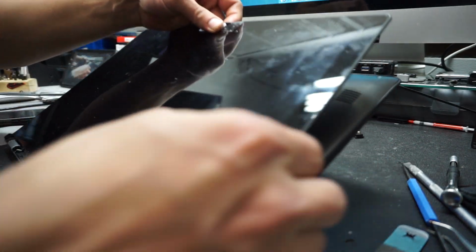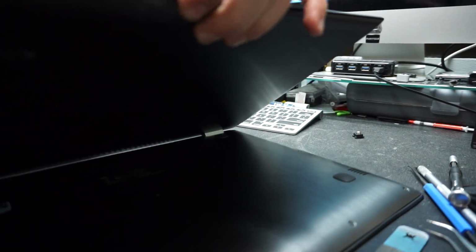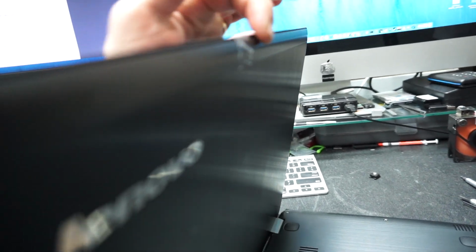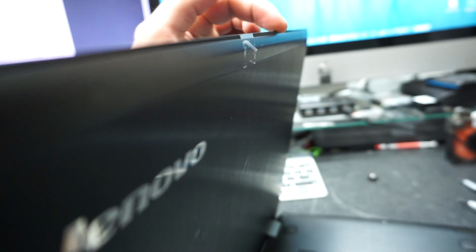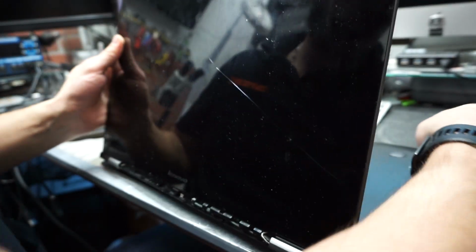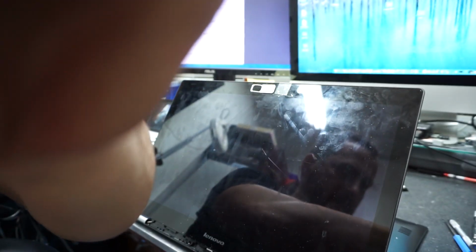And now, as you see here, you can see the line of the LCD, which is a little bit higher than the frame. Now I have to remove this. Customer put some tape on the back of it. I have to remove that and push a little bit more up, and then all you have to do is just, here I'll show you right now,